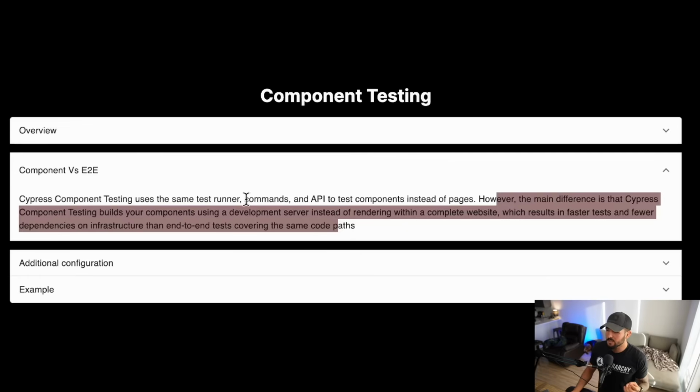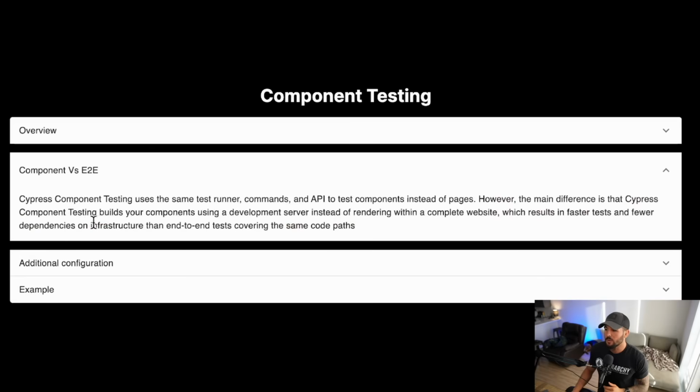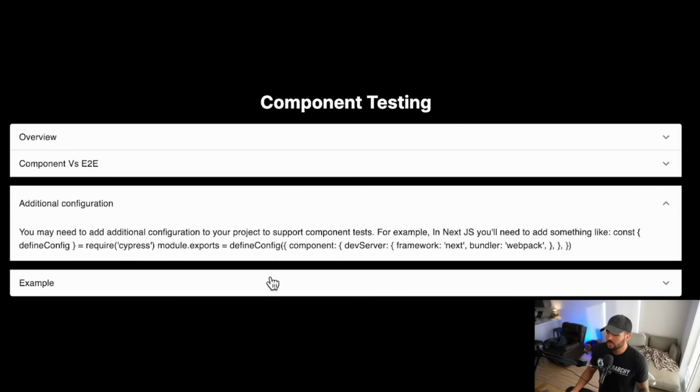And these component tests are useful for when you don't want to go down an entire code path. You don't want to have any dependencies on your infrastructure or logging in or authentication, and you just want to write a test for a component in isolation. That's when you would use a component test. And like I said, the API for these is very similar to end-to-end tests. Our assertions are similar. We use describe blocks, it blocks, stuff like that. Now, for additional configuration here,